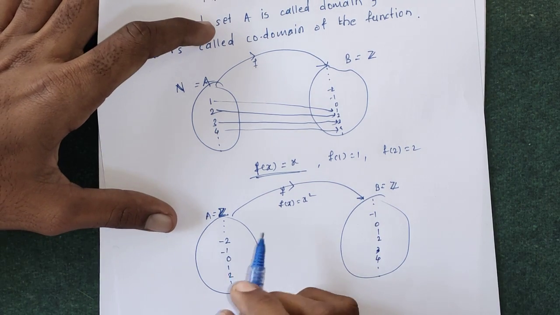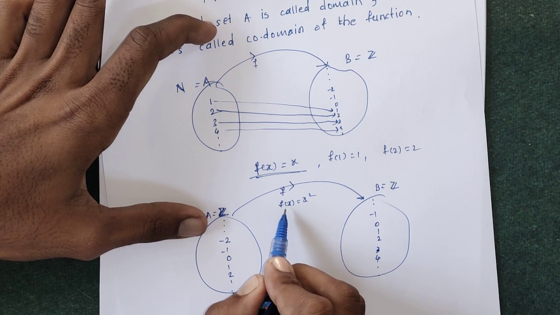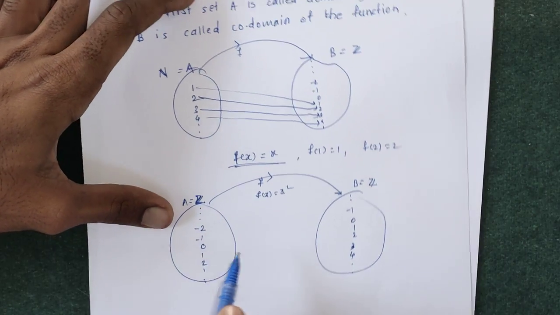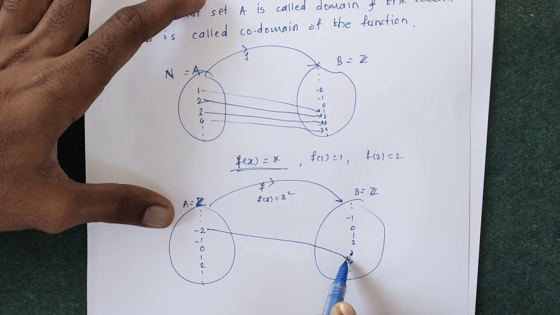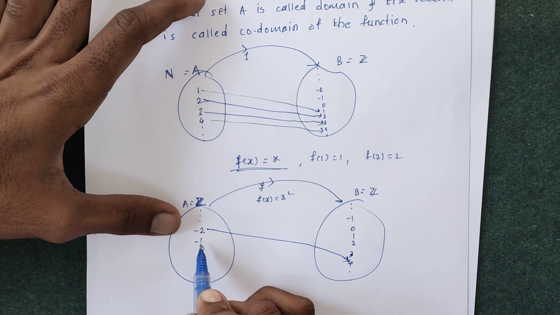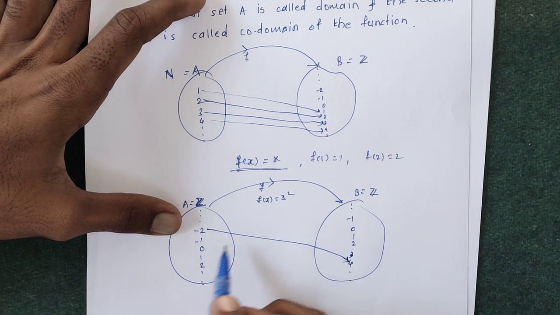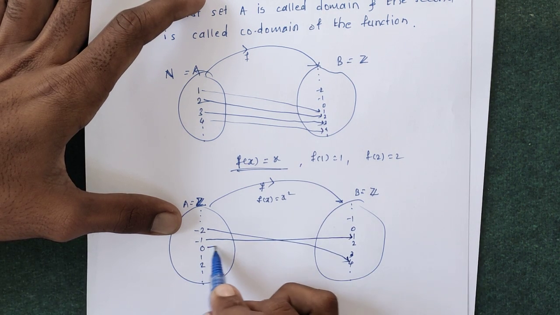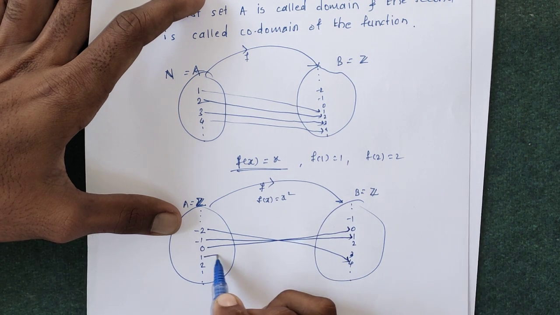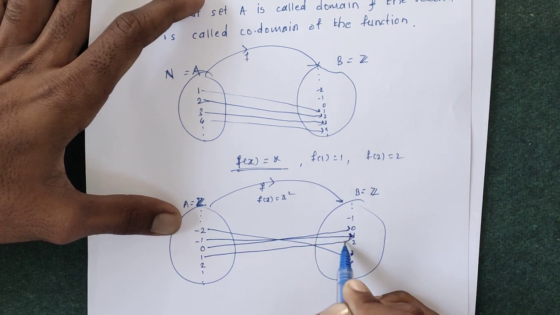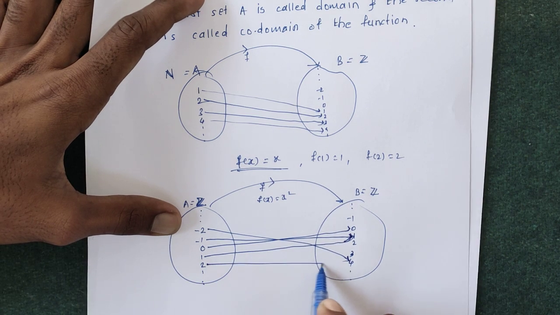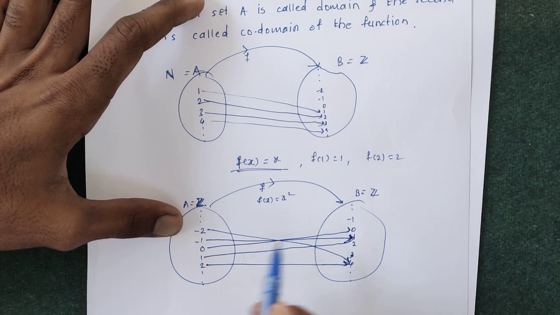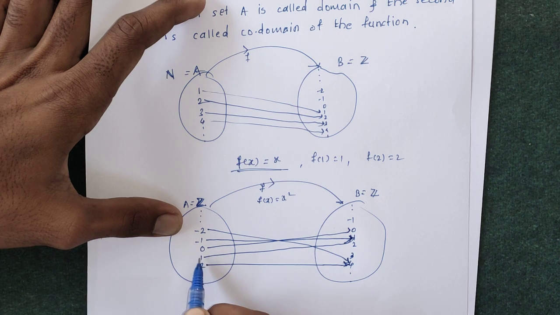Now the image of minus 2: f of x is equal to x square, so f of minus 2 is minus 2 square, which is plus 4. So the image of minus 2 will be 4. Now f of minus 1 is minus 1 square, which is plus 1. Now 0 square is 0, 1 square is again plus 1, 2 square is 4. Here we get 1 as the image of two numbers, the image of minus 1 and 1 is equal to 1,